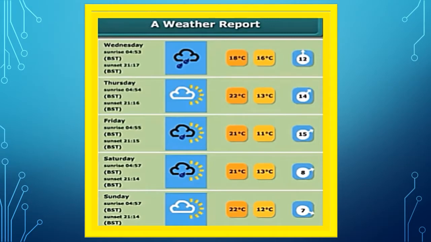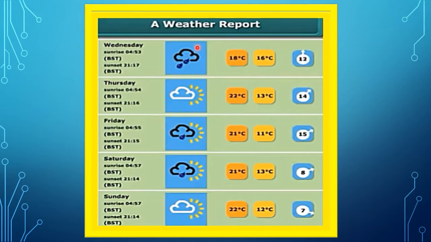So children, you can see this is a weather report which we can find in a newspaper. In the corner of a newspaper there is a weather report. Today we can see it on the internet also. Here you can see there are various columns. The first column has the days: Wednesday, Thursday, Friday, Saturday and Sunday. The second column shows the condition, whether it's going to rain or be sunny. Then the fourth column has the maximum and minimum temperature, and the last column is the humidity, the presence of